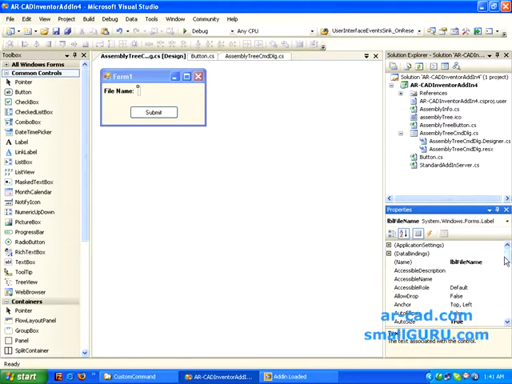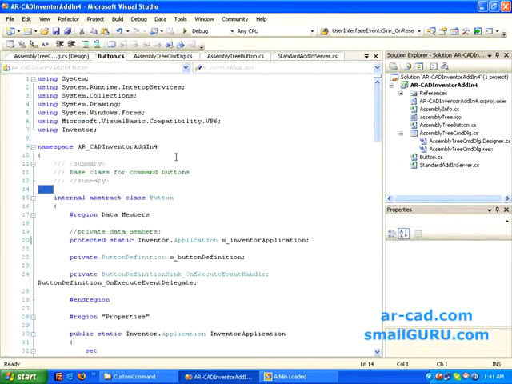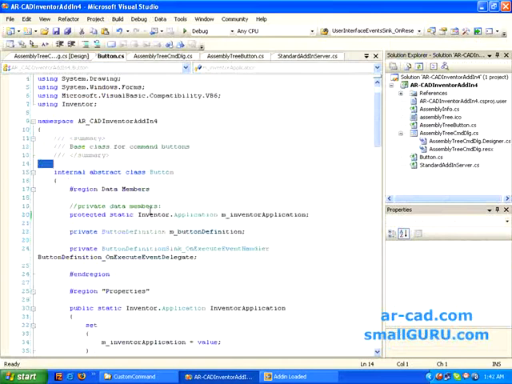This is how the form has been built, and next we'll go to button.cs. In our earlier tutorial we had kept this data member as private. We had declared it as private static Inventor application.